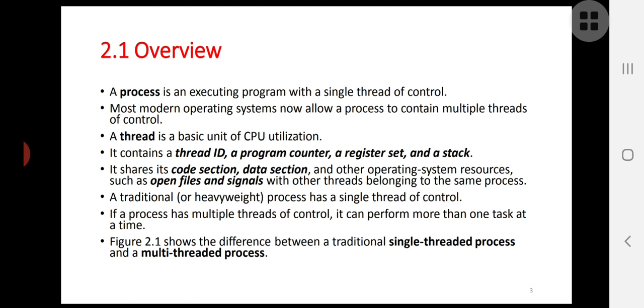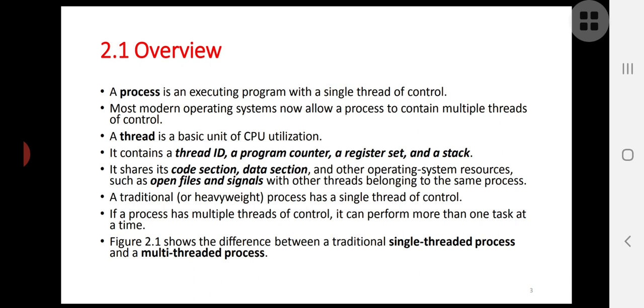It means how well you are utilizing the CPU, whether you are making the CPU idle or making the best use of it. Usually programs are executing on the CPU. Executing programs are processes, and each process may have a single thread or multiple threads. So indirectly the processes are making the CPU busy, and so indirectly the threads are making the CPU busy. So a thread is a basic unit of CPU utilization,